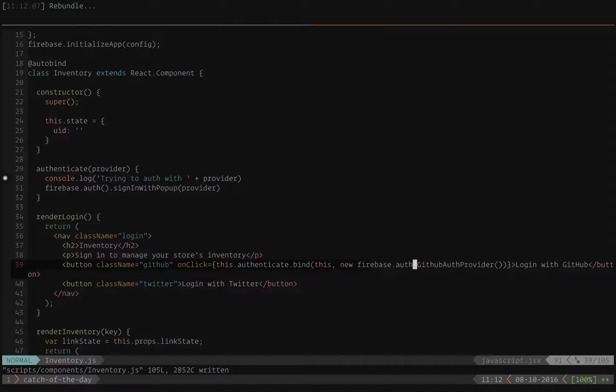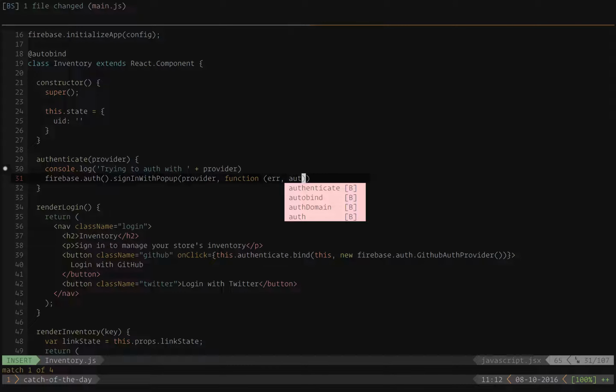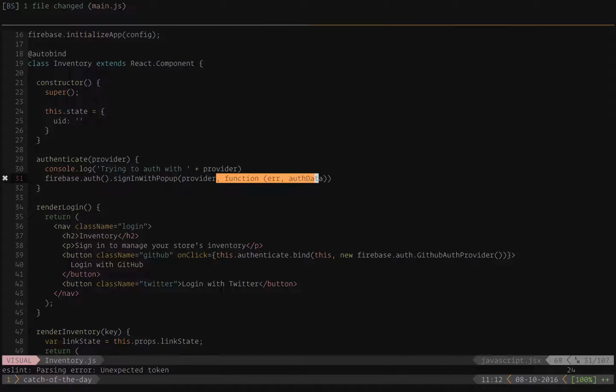Now this method's getting a little bit long here. I'm going to go ahead and drop it onto a few lines, or sorry, this button element. Okay, so we have firebase.auth.signInWithPopup, passing it the provider. And rather than passing this a callback function to handle our errors and our auth data, as was done in Firebase 2, what signInWithPopup now returns is actually a